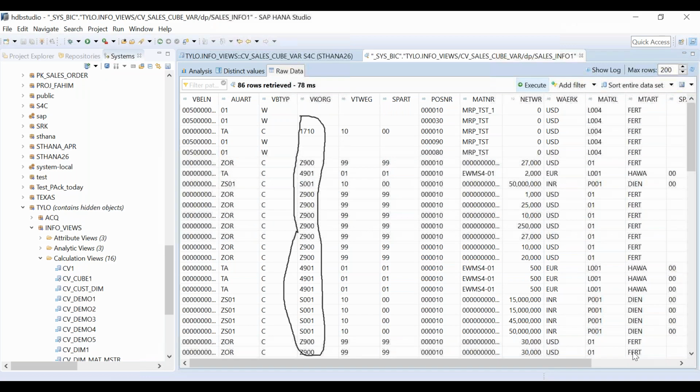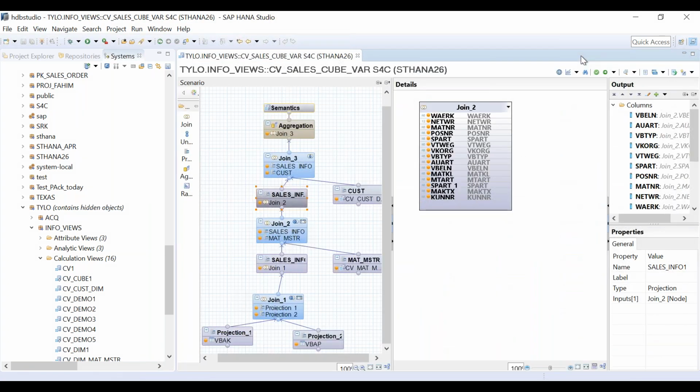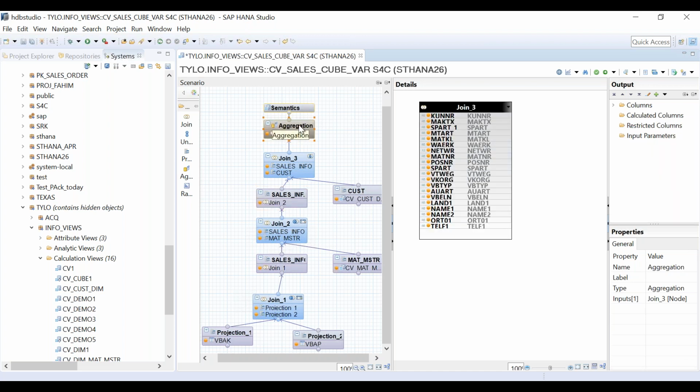So in short, what I want to say here is the variable does the filtering right at the aggregation node. Right at the aggregation node, the data is getting filtered. So till this layer, you have all the information from the table.